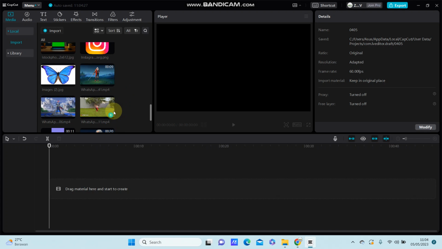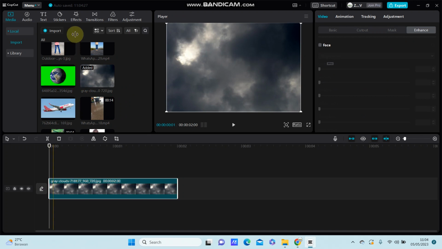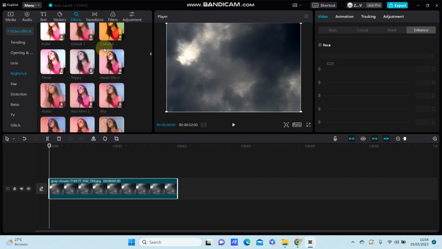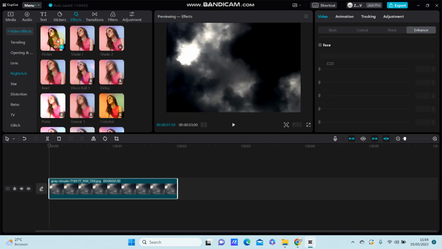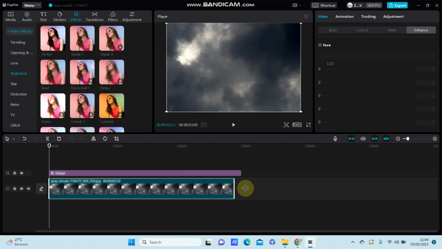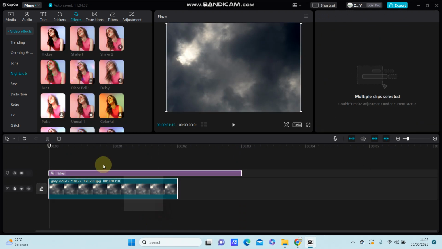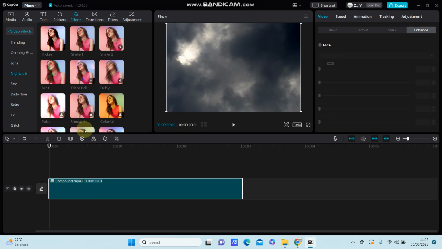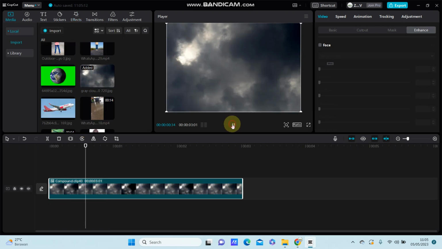So for example, I'm going to select the background and I'm just going to add effect and select the effect you like. Right. Yeah, I'm going to select the flicker. Alright, after done, select the clip and right click and create component clip,